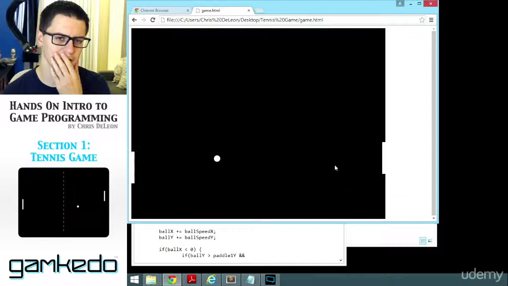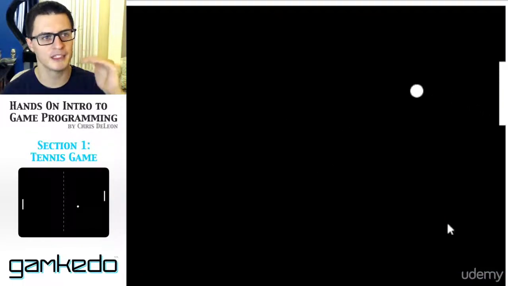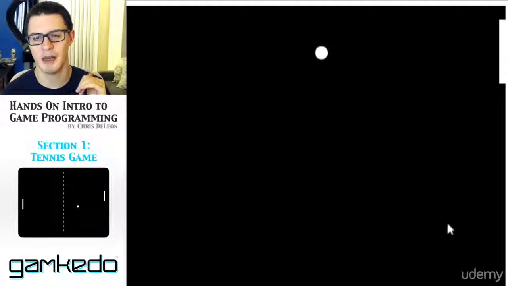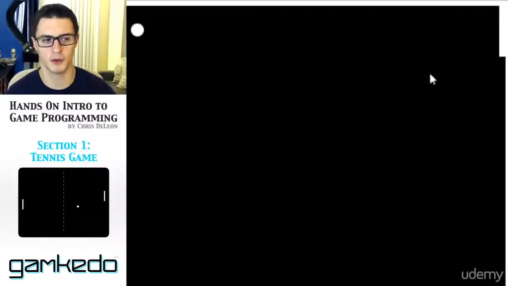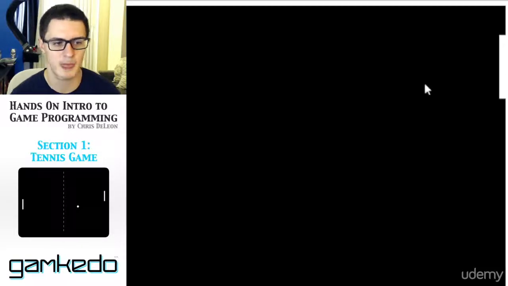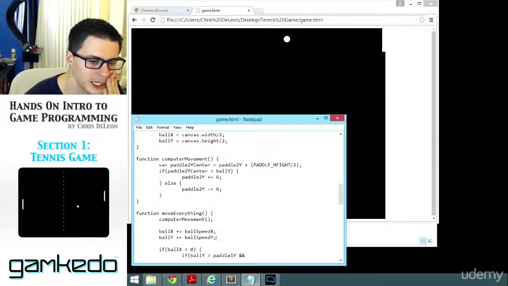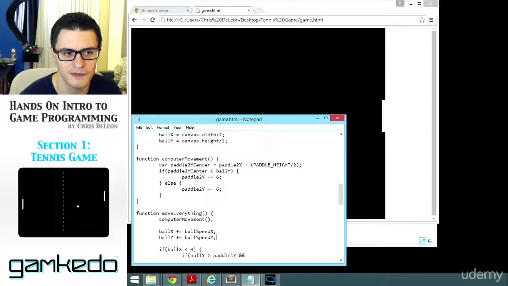Now there's another problem with this though, and you see it's very, very shaky and jerky. Right? And what's happening is it's moving a full 6 units every time, even if it doesn't need to. So it's overstepping, understepping, going back and forth with the ball. And we can kind of alleviate that a little bit if we say, okay, once you're close enough, stop moving